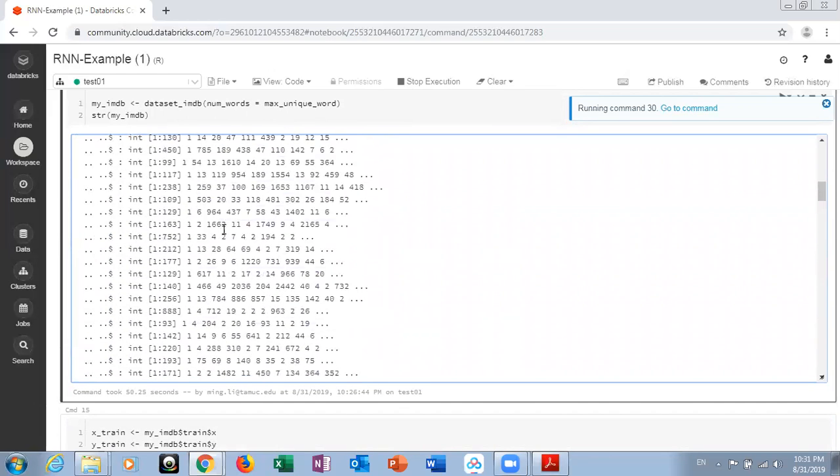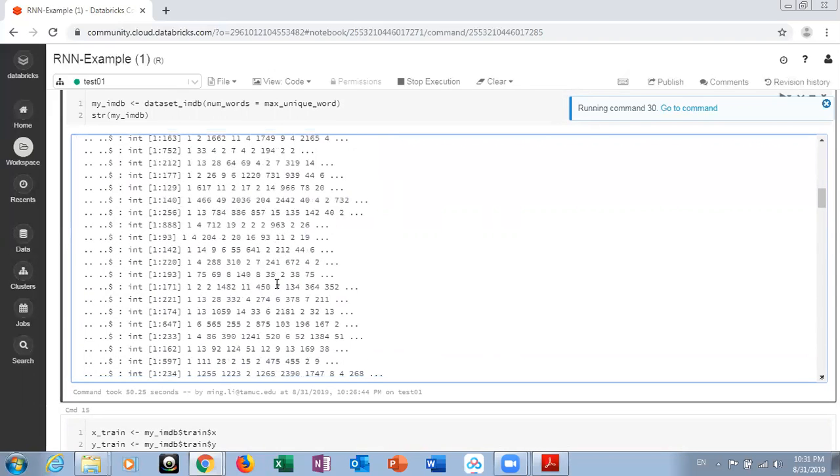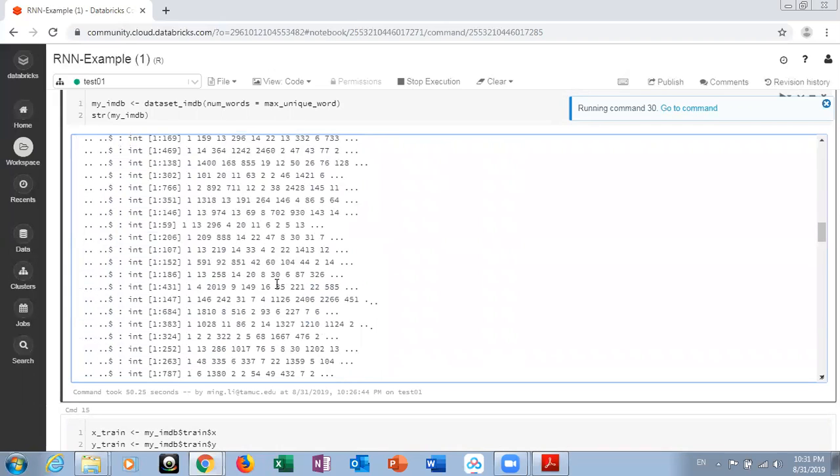So if we look at the X, we can see those are the words we see here. The numbers are the rank of the word by frequency. One is a special character, which means the beginning of the review. There are a few other special meanings, like padding 0, I think,